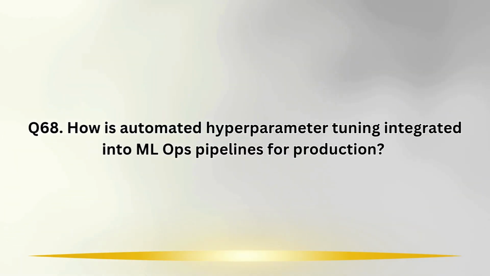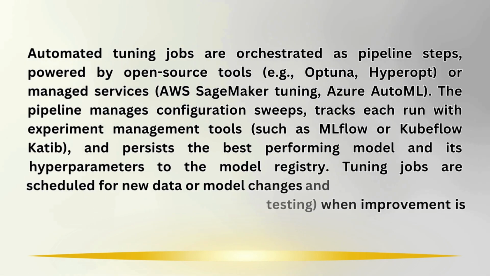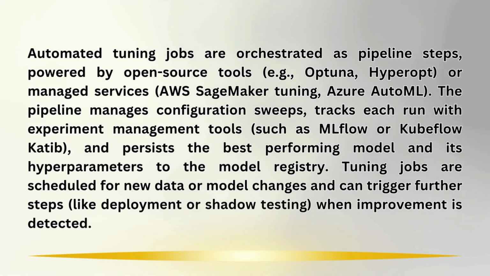How is automated hyperparameter tuning integrated into MLOps pipelines for production? Automated tuning jobs are orchestrated as pipeline steps, powered by open-source tools. Examples are Optuna, HyperOpt, or managed services like AWS SageMaker Tuning and Azure AutoML. The pipeline manages configuration sweeps, tracks each run with experiment management tools such as MLflow or Kubeflow Katib, and persists the best performing model and its hyperparameters to the model registry. Tuning jobs are scheduled for new data or model changes and can trigger further steps, like deployment or shadow testing,